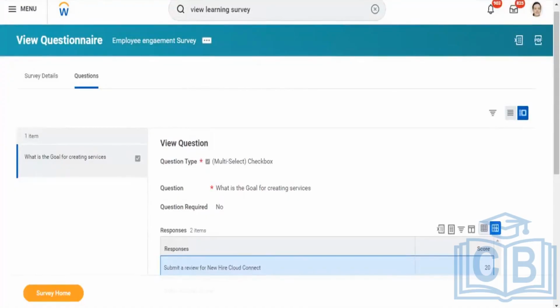You have an option to download in a PDF format here. You can download this, but generally we do not recommend downloading anything from the system. We can always create a report for you, which you can take as a reference and manage your responses.